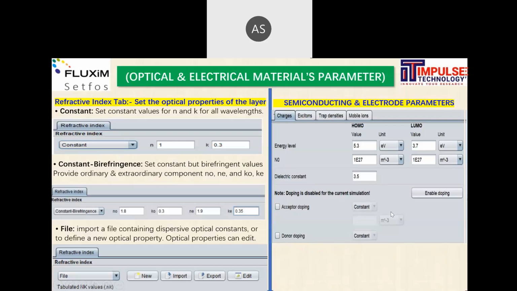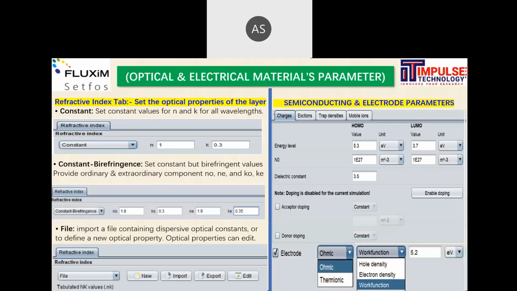This is the user interface where you can define the charges, excitons, trap densities, and mobile ions, anions and cations. Simply put the input value and the software will do the calculations. Whatever background physical models are there are already given in the manual page.